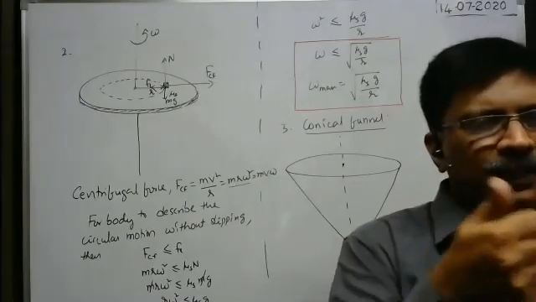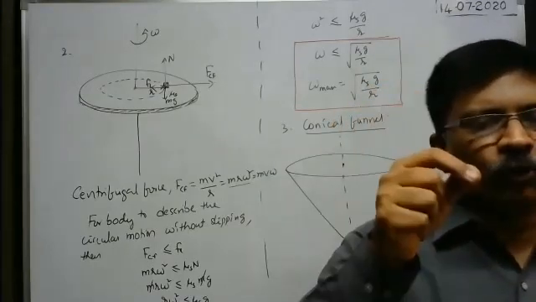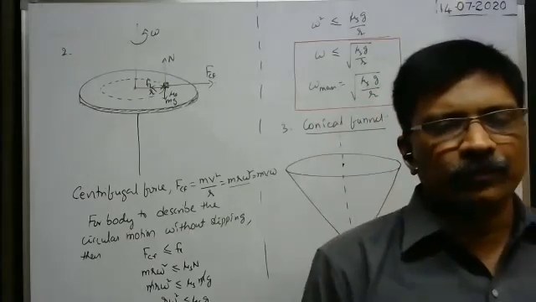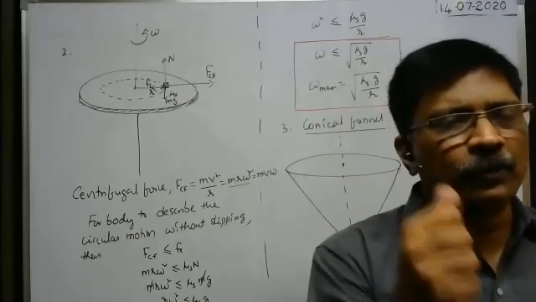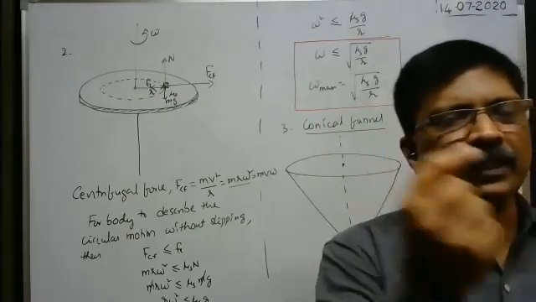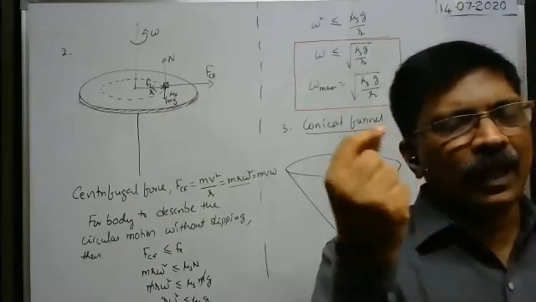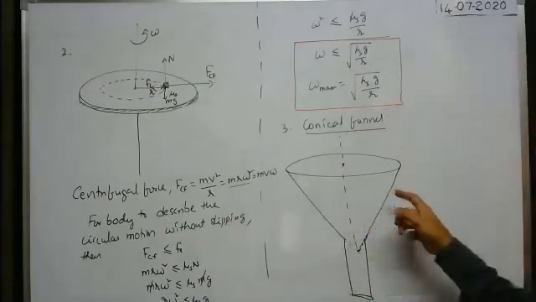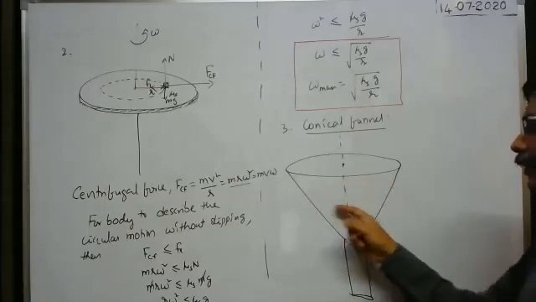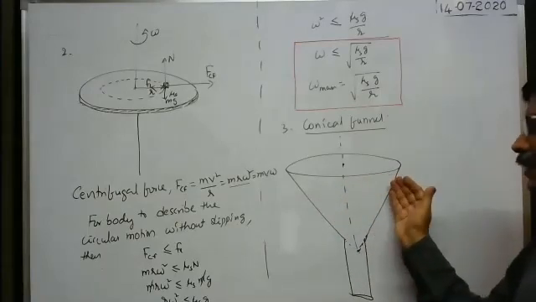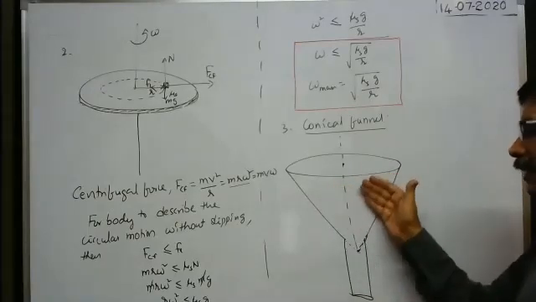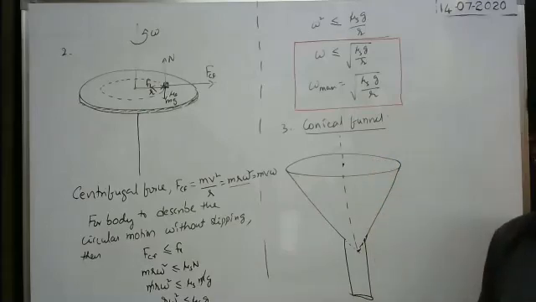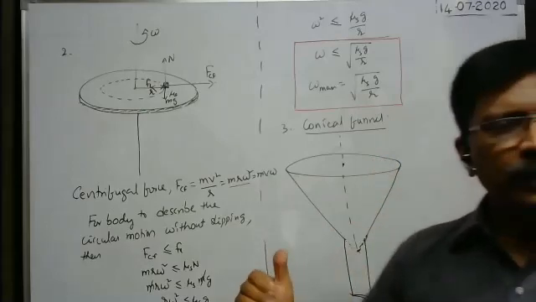You move the conical funnel like this. Then the body kept in the conical funnel rotates like this, no? And if you stop rotation, then as the time lapses, the rotation of the body in the conical funnel gradually, the radius of the circular path of the body gradually decreases and it falls finally, isn't it? So that is the case I am telling.